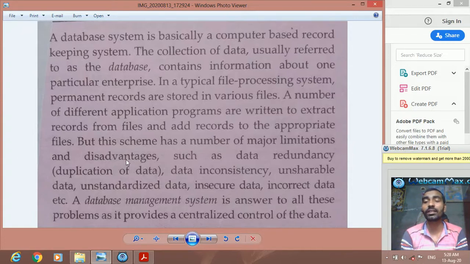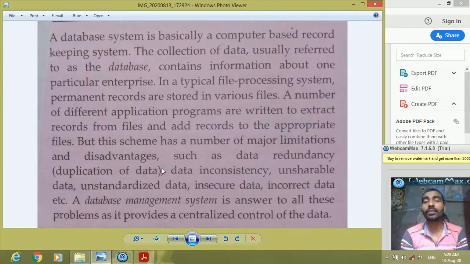Now what are the limitations? If you extract the records using simple application programs, there may be data redundancy, data inconsistency, unshareable data, unstandardized data, insecure data and incorrect data.